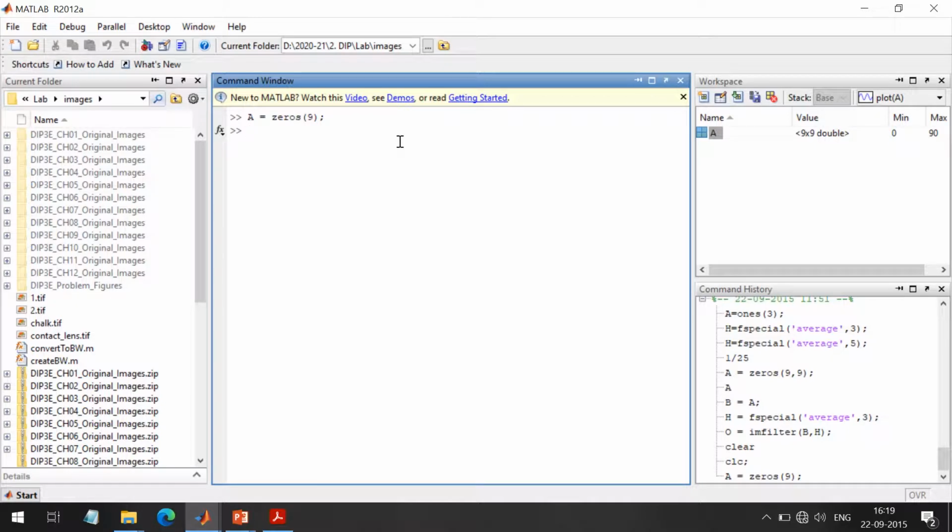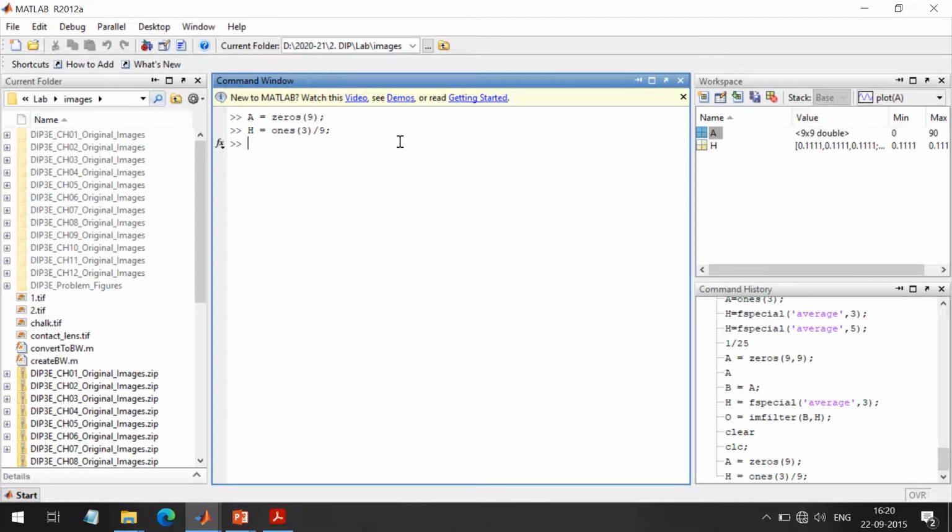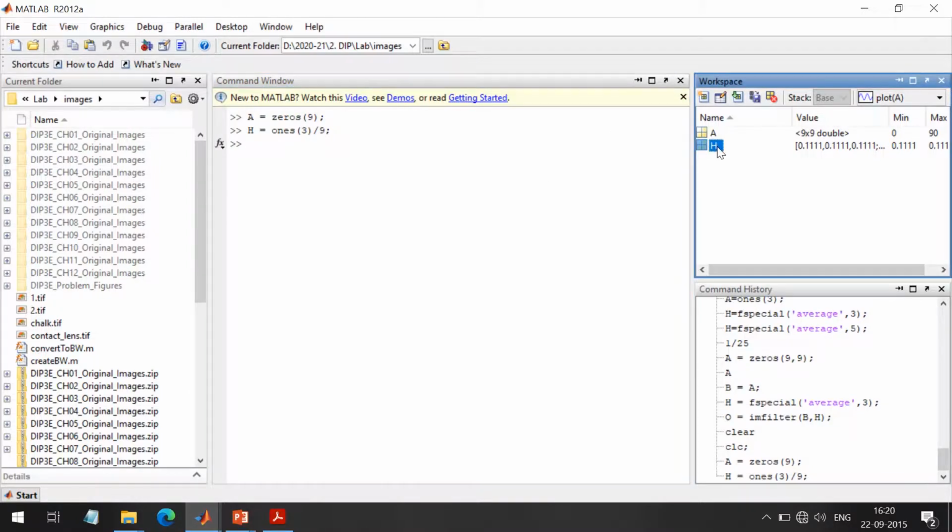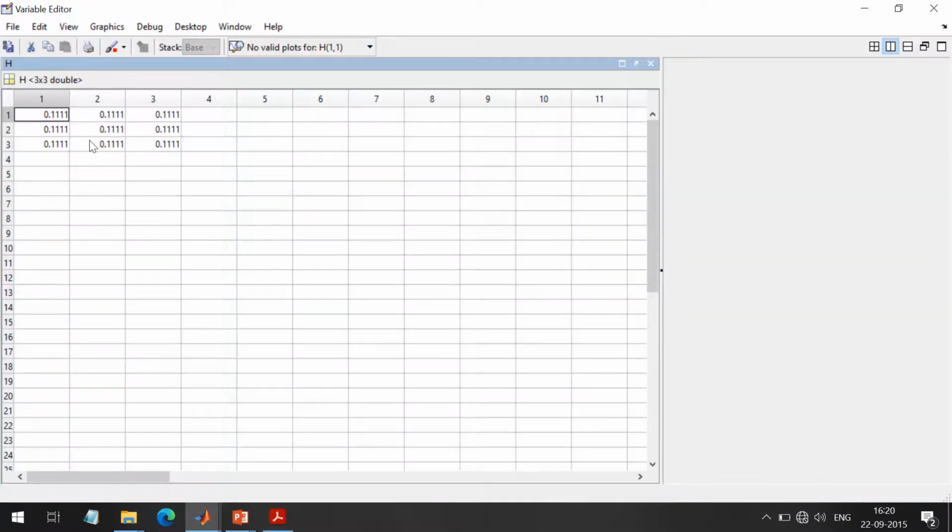I will represent the mask by H. I will create a mask of ones 3 by 3 divided by 9, so that the summation is 1. It will create a mask for me. Let me open H: as you can see, it has 0.11, which is equivalent to 1 by 9.